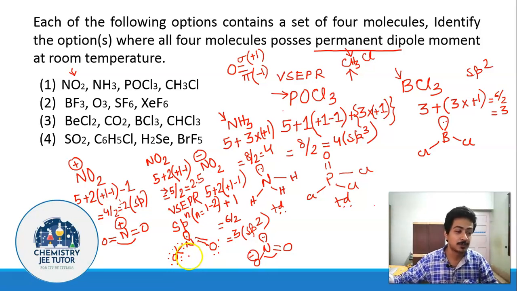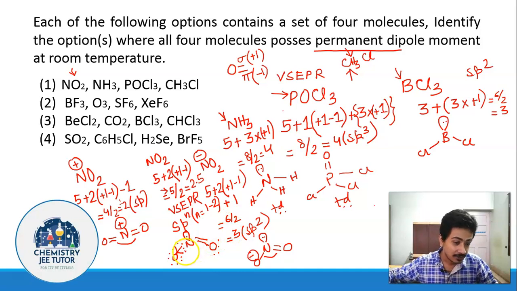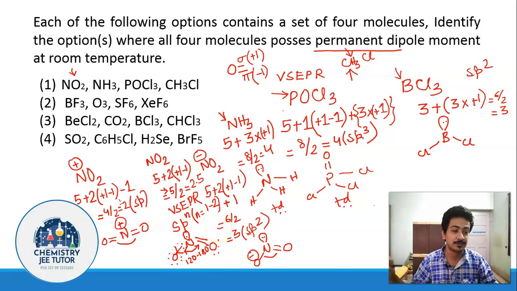In cases where there is a problem with the octet rule and you see that you cannot fulfill the octet rule by giving complete bonds, you need to take help of dative bonds or coordinate covalent bonds. So this is how NO2 is likely to be, and this bond angle should be somewhere in between 120 and 180. Remember this thing. This is going to be of immense help. The hybridization of NO2 cannot be calculated from VSEPR theory. VSEPR theory applies only for even electron molecules. It is not applicable for an odd electron molecule.